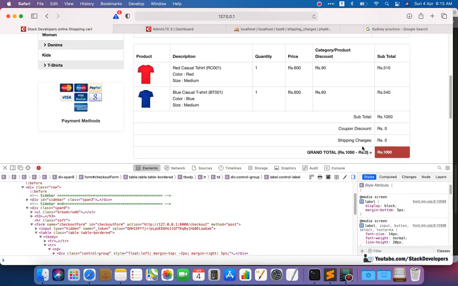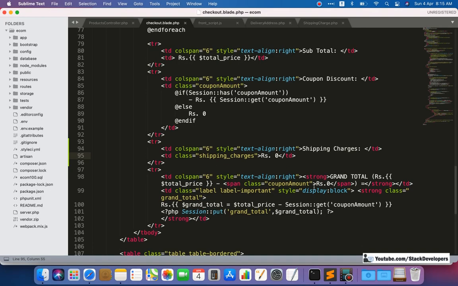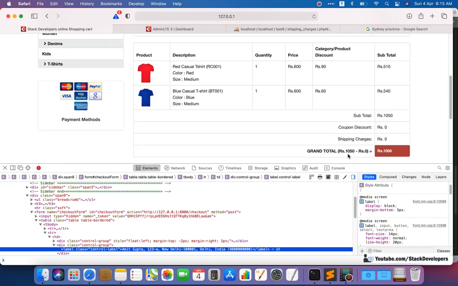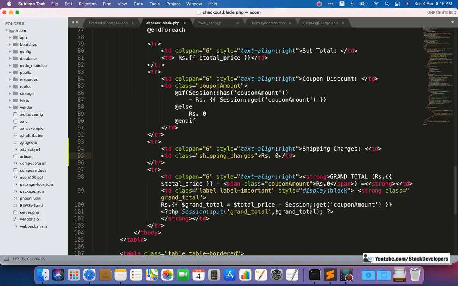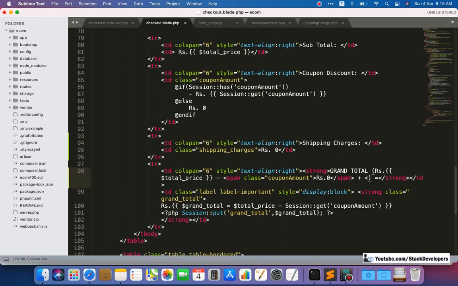and now see, the shipping charges we are showing here with 0. Okay, so in the same way, here we are showing everything: this is the grand total, minus, this is the total price minus coupon discount, now plus shipping charges. So here as well we are going to add the shipping charges somewhere. Grand total minus, that is fine, and plus equal to minus this one, and here we can add plus. Now here we can pick up